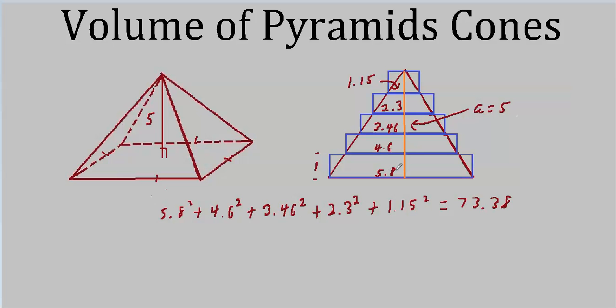Well, it'd be the area of the square times this height, which is just 1 inch. So just 5.8 squared. That'll be 5.8 this way, and then 5.8 that way. Times 1, which is just 5.8 squared. Same thing here, 4.6 squared, 3.46 squared, and on up. So the area of all these little prisms stacked up, which of course gets successively smaller, is equal to this. Where in the world would I come up with these other numbers? Well, this is 5. This is 1 foot, so this is 4.